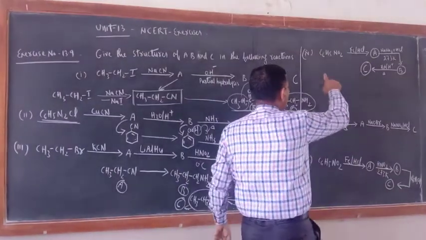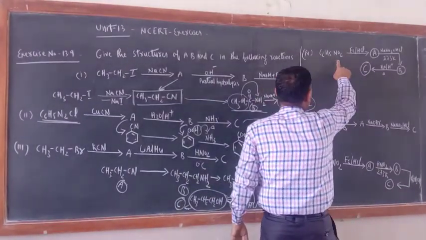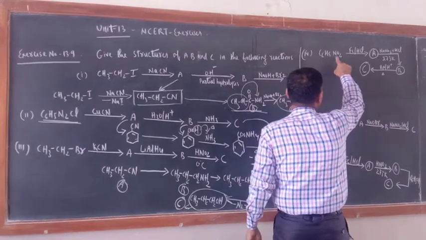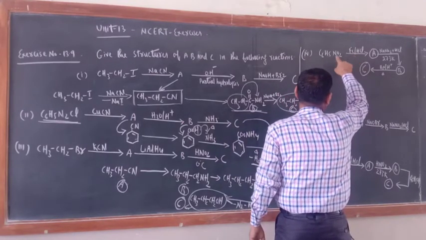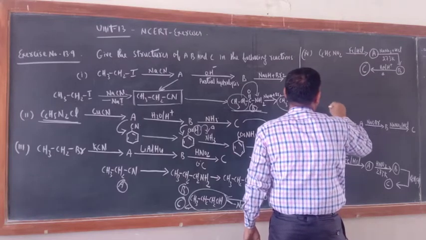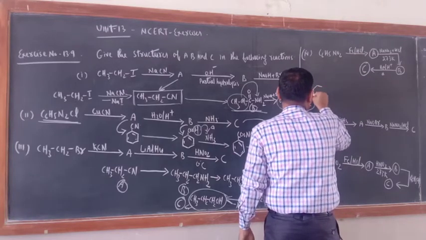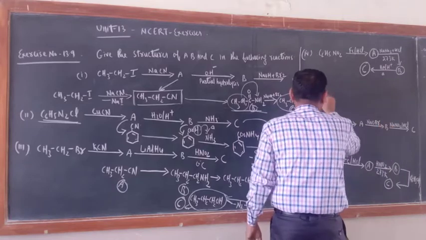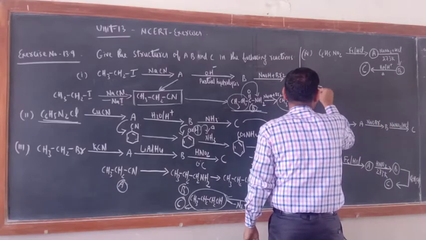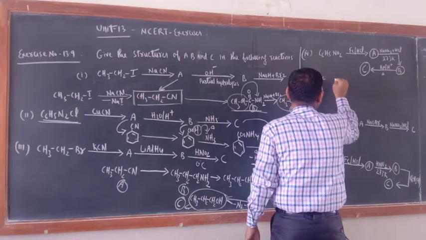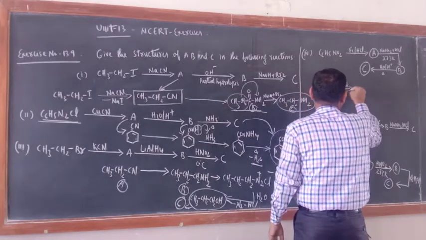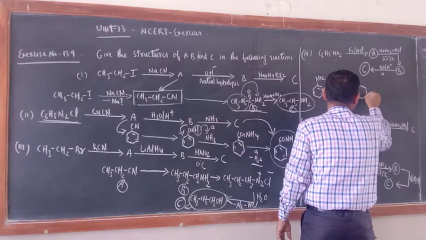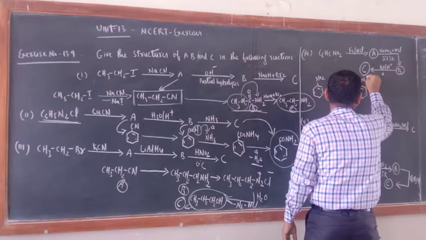This is an easy one. Now this is a rule only. When C6H5NO2 is subjected to reduction in presence of this one, then the NO2 group will be converted into amine. Now I am writing. See, this is NO2. Here Fe/HCl. What is the product here? The product would be NH2.